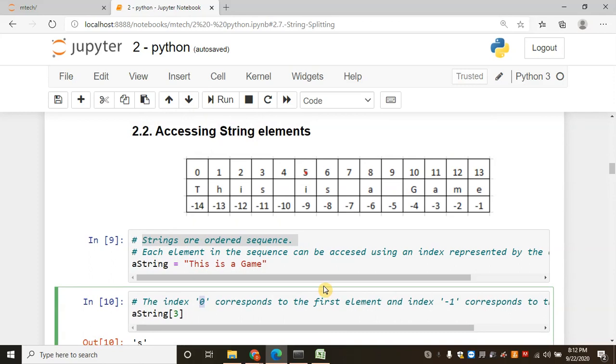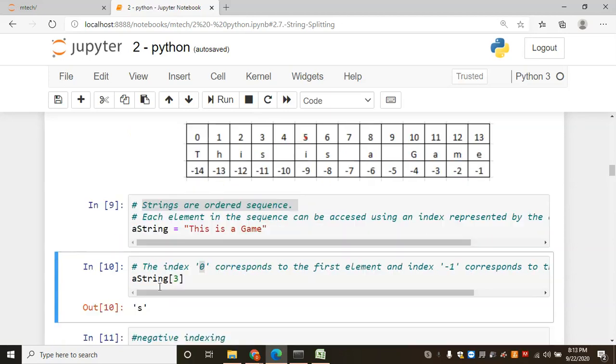I would like to explain this concept of index using this image. In this example, this is a game. Starting from T to E, the characters of the string have an index 0 to 13. It includes the space also.